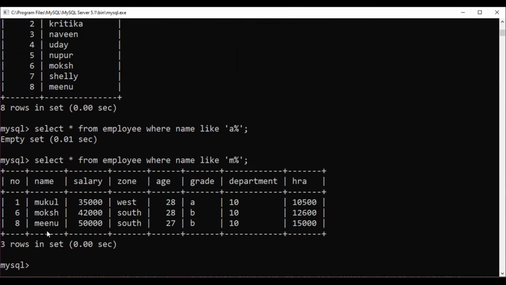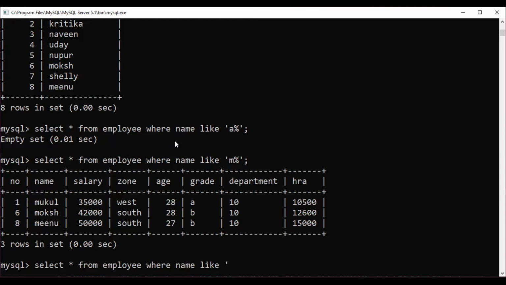Suppose I want to display the employees whose name has exactly 4 characters. So what will we do? Select star from employee where name like, open a single or double quote.